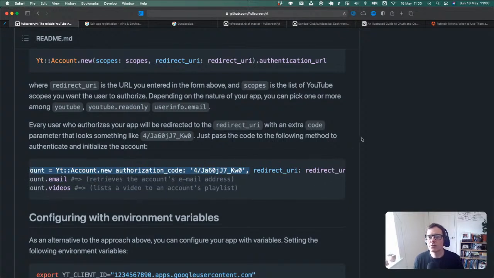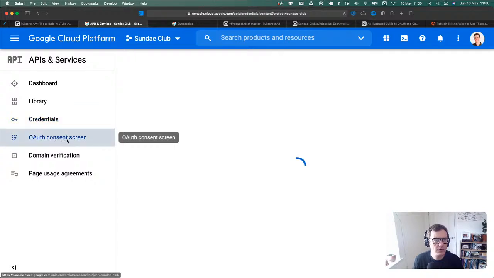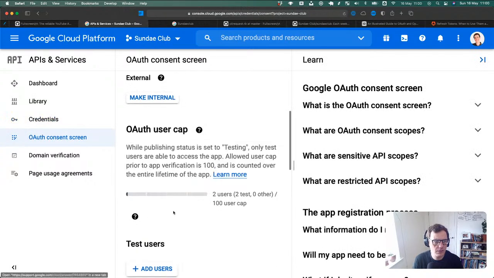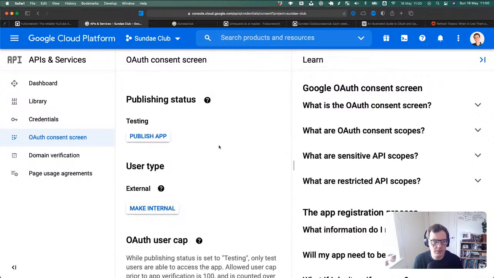I wonder if we could just set an ngrok thing up now, because it'll want HTTPS, but did it allow us to put an HTTP in the dashboard thing? Oh, it didn't say.